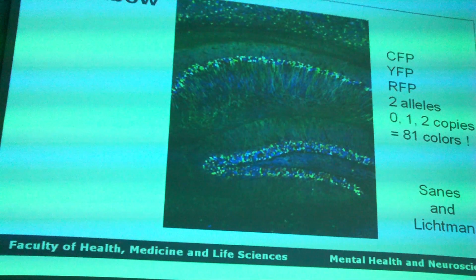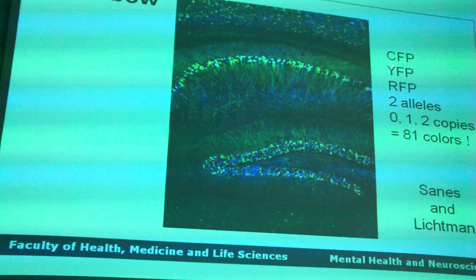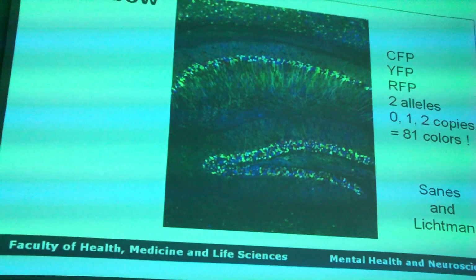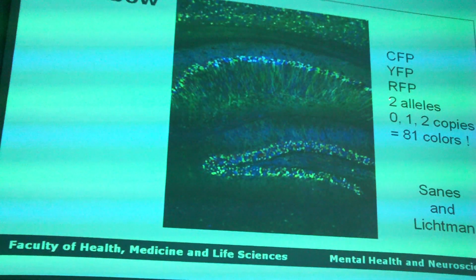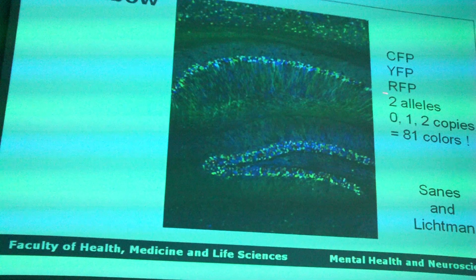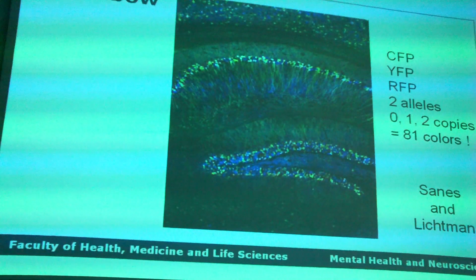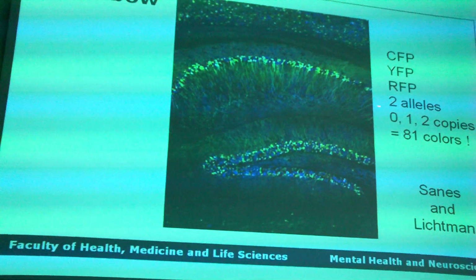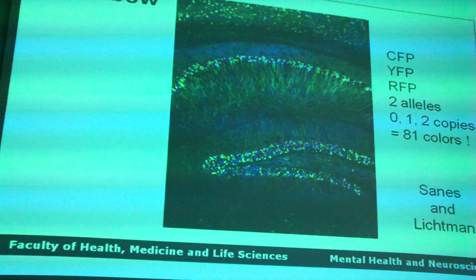This is how the brain is organized when you look at individual neurons stained with CFP, cyan fluorescent protein, YFP, that's yellow fluorescent protein, and red fluorescent protein. The trick that they use here is that in each mouse they have two alleles, and these can recombine at random. So in this way you can make 81 different colors in a mouse brain, and follow